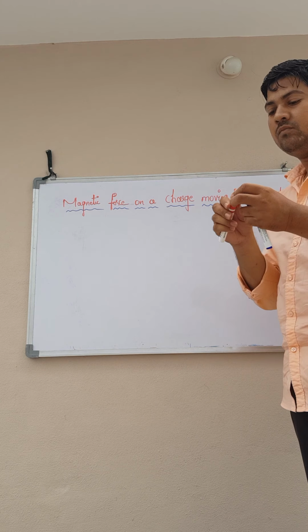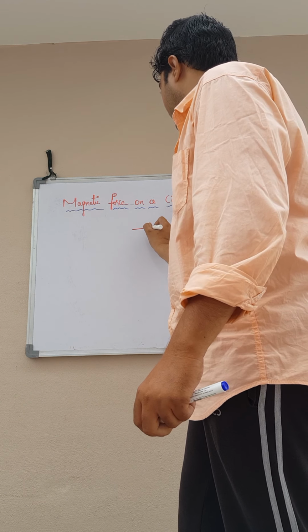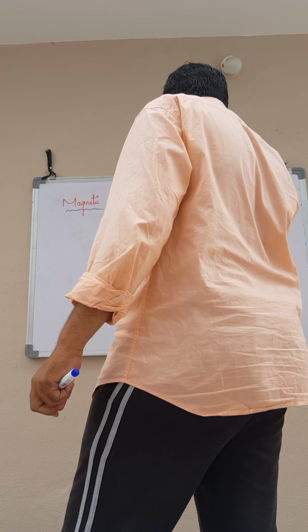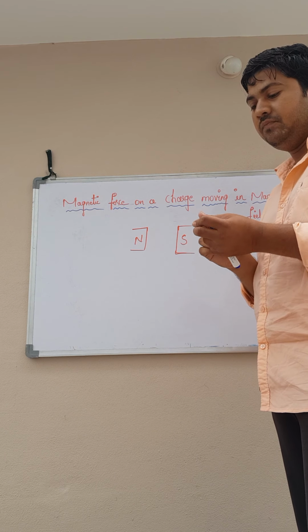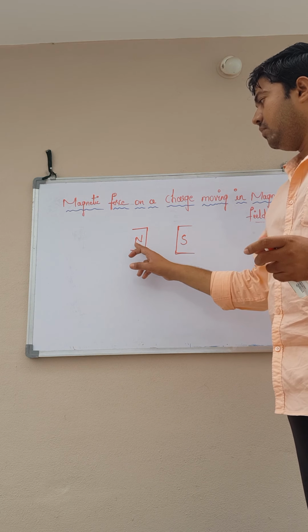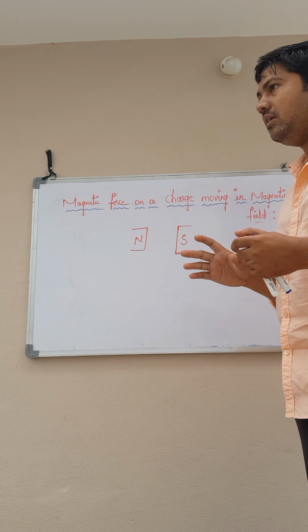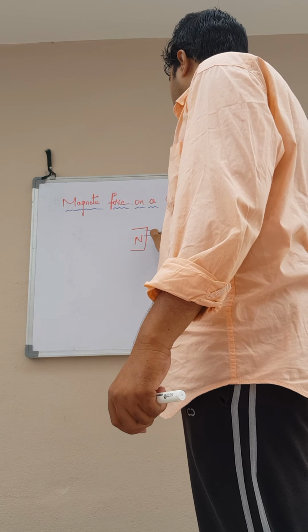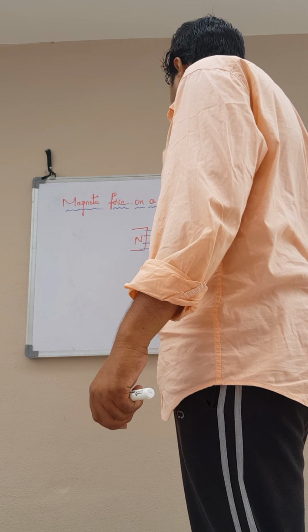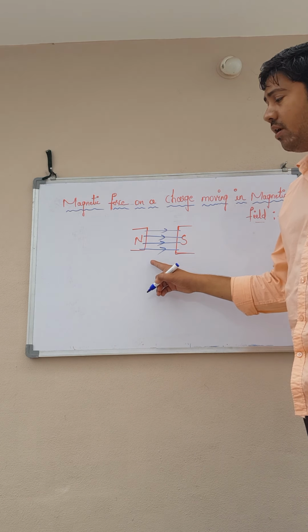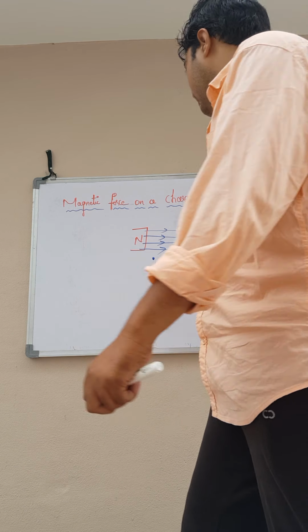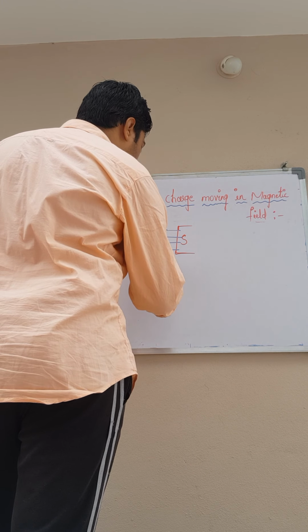For example, if an electron is moving in a magnetic field, there are two magnets, one facing north pole and another facing south pole, and there will be a magnetic field from north to south. So for example, if an electron is moving in this magnetic field,